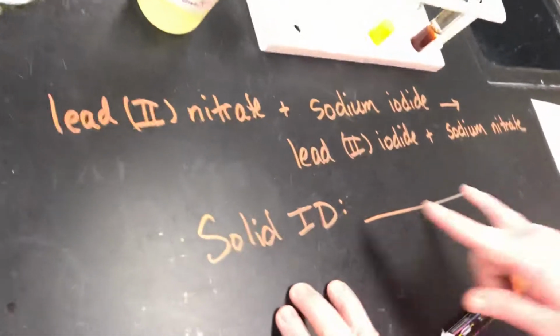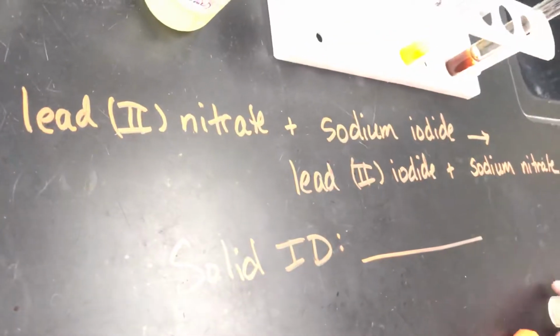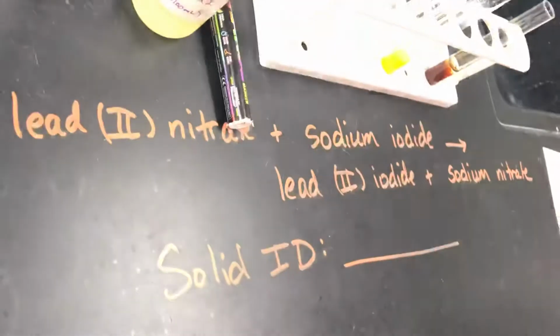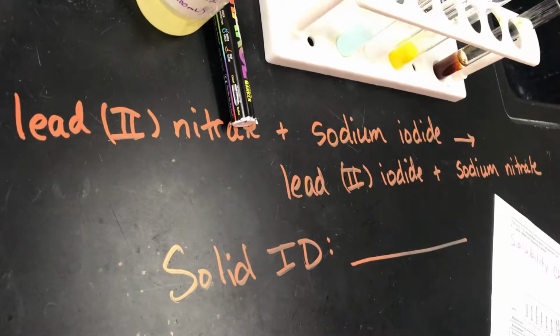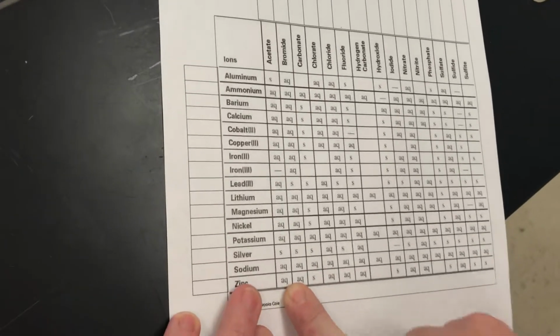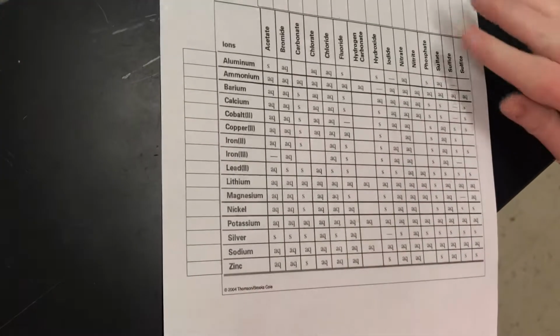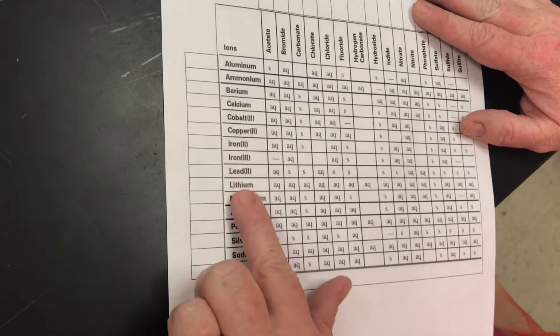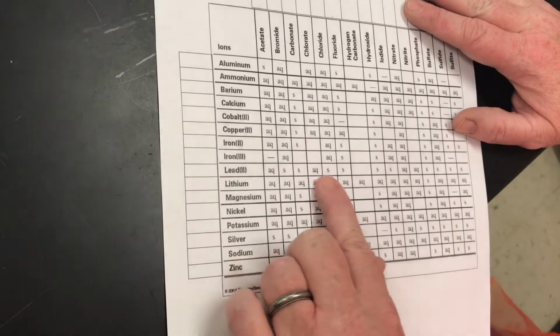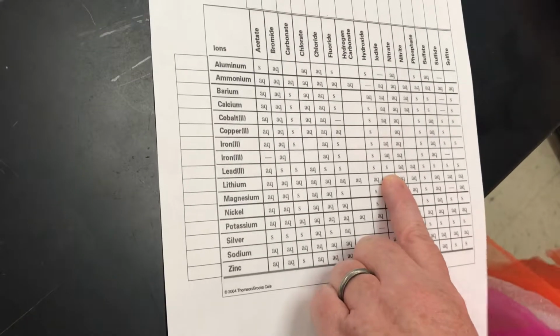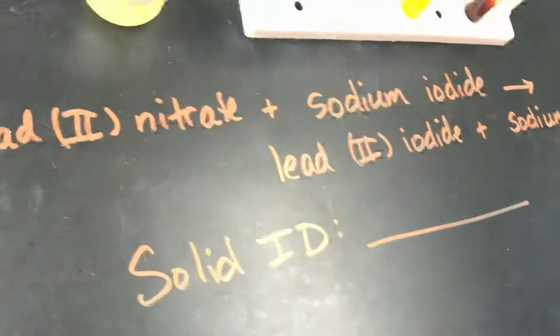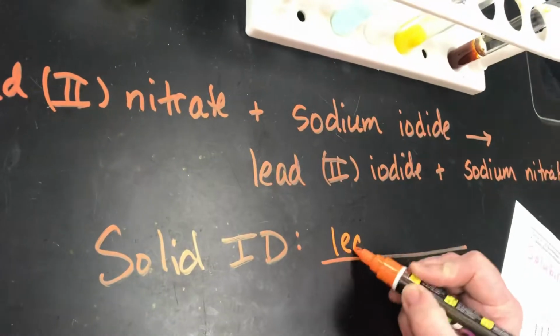And so the solid ID is going to be either the lead iodide or the sodium nitrate. Excuse me. And if you remember from the last one, we did point out that all of the sodiums are aqueous. So with a pretty good guess, it is likely that it's lead iodide. But let's check. Lead 2 iodide, and there is indeed a solid S there, which means that the identity of that yellow substance is indeed